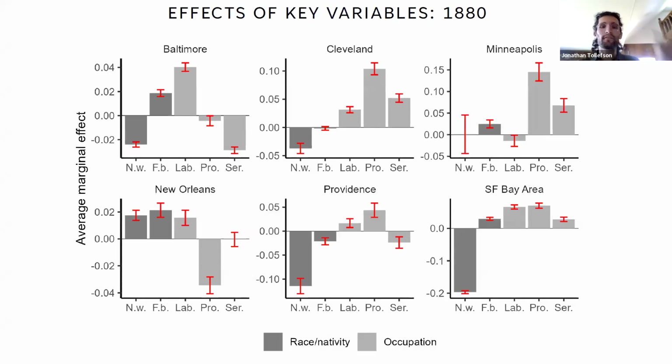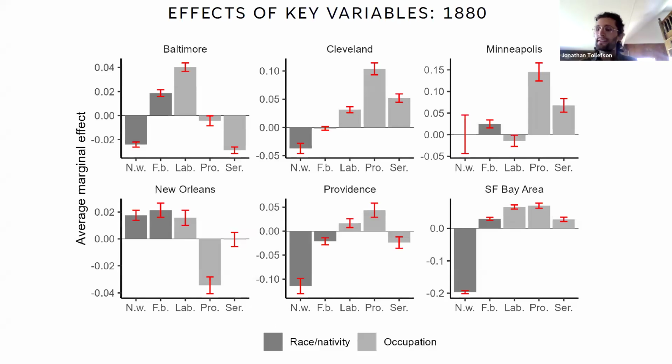My goal is to understand broad trends and how these things are changing over time. And what I find initially is a lot of variation in the relationship between racial and economic and environmental marginalization, in particular across cases. So this is focusing on the far left of each of these charts. I find that the effect of this non-white variable is positive in some cases and negative in other cases. And in Minneapolis, it's insignificant. So there's a lot of cross-case variation in that relationship between racial and environmental